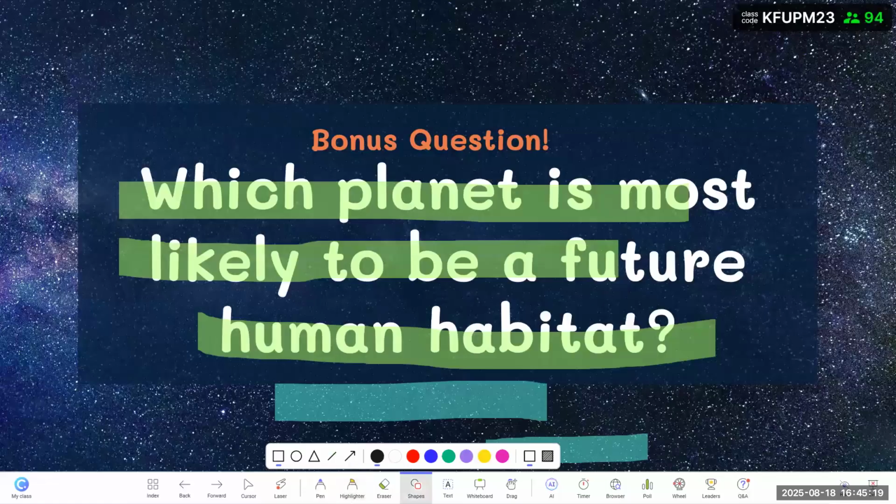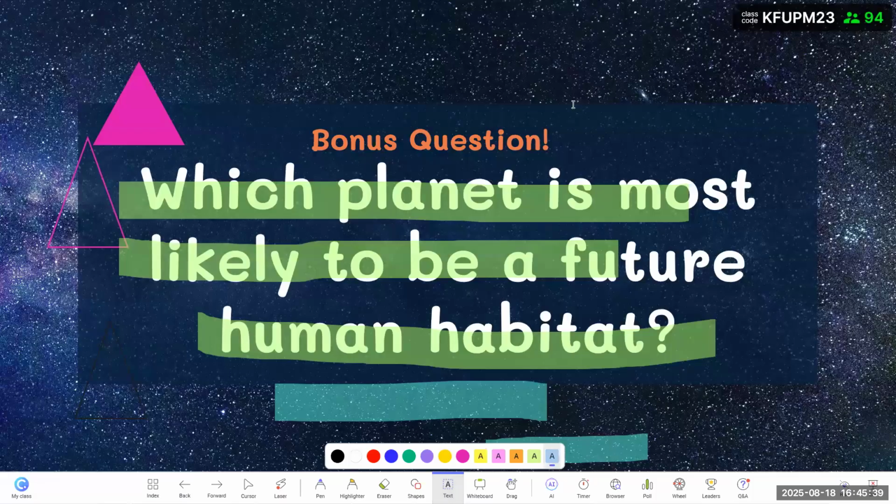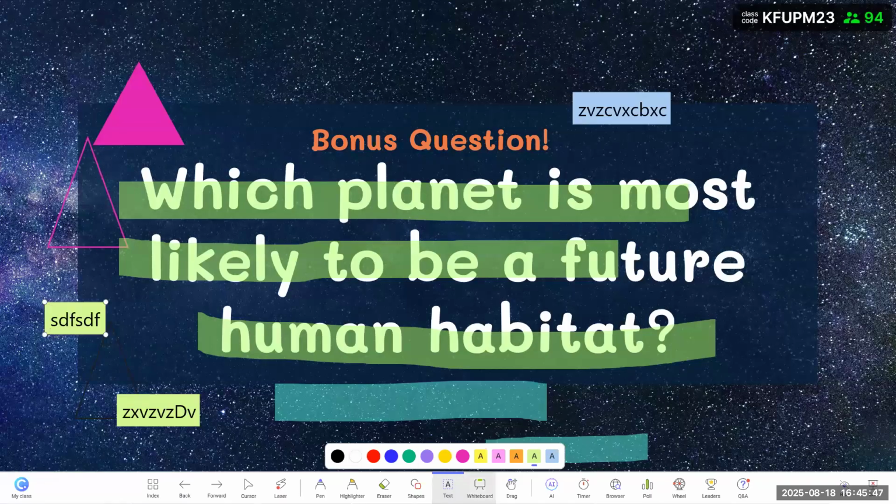Also, the shapes. Whenever you want to draw a shape, like a circle or triangle, you can draw them with different colors. And for example, if you want, it is filled like this. And here we have the text. If you want to write something into your presentation, you can add a text with different colors. And if you want to add a whiteboard to write something into your presentation, you can use